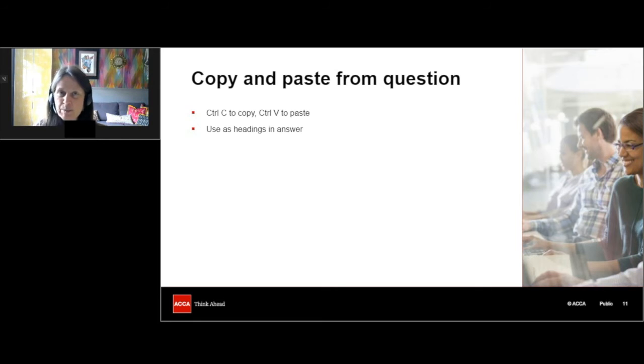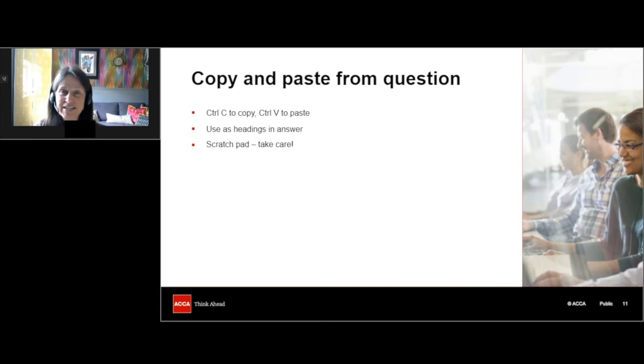Now, there is a scratch pad available, which is just like a notepad. I've put take care with that because the scratch pad is not going to be seen by the marker. So if you do things like workings, personally, I wouldn't do those in the scratch pad. I would just do those in the answer. You can always delete things if you don't want them there, but if you do put anything in the scratch pad, just be aware that it won't be seen and it won't be marked. It was a really useful tool for the TX exam when you were working out maybe the answer to a multiple choice question.